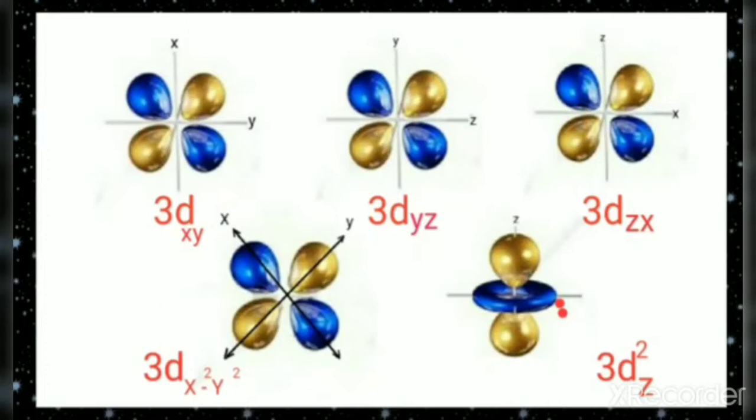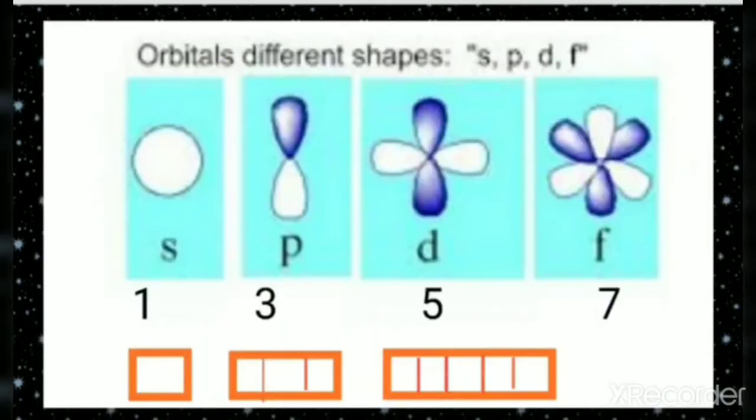So here we have discussed the 5 types of d orbitals: 3dxy, 3dyz, 3dzx, 3dx square y square, and 3dz square, where the number 3 represents the third shell, or we can say the orbit, or the energy level. So these orbitals are found in the third energy level. Thus we have found that the s orbital is of spherical shape, p is of dumbbell shape,